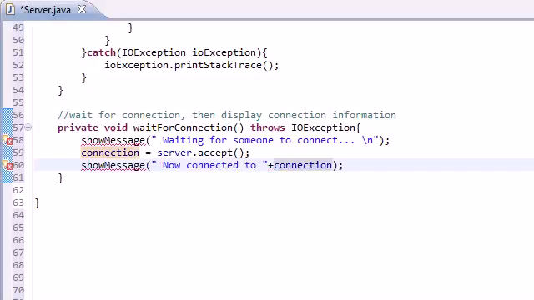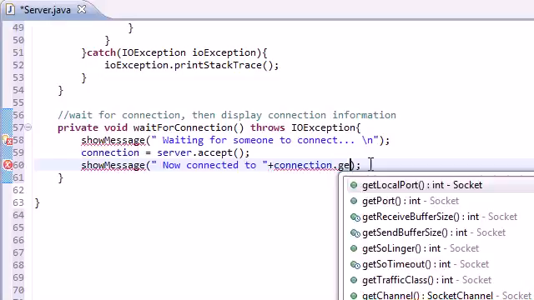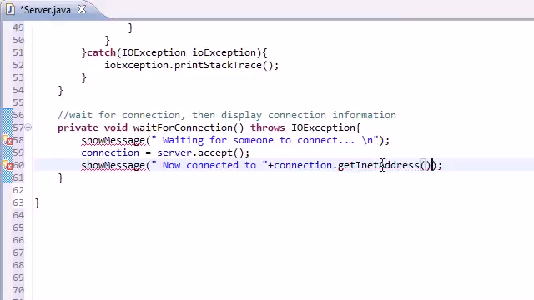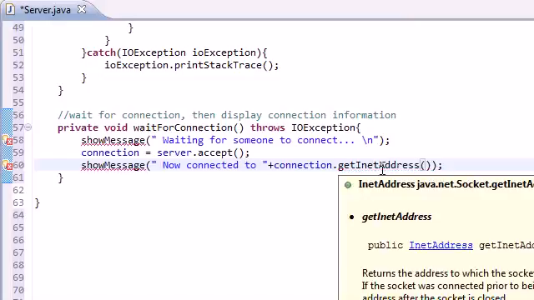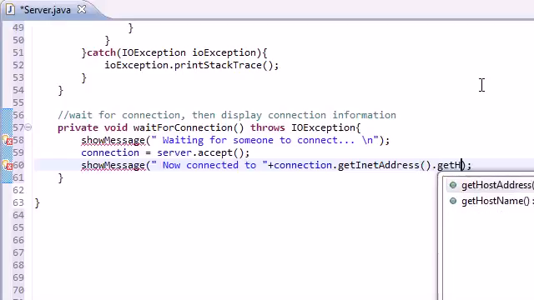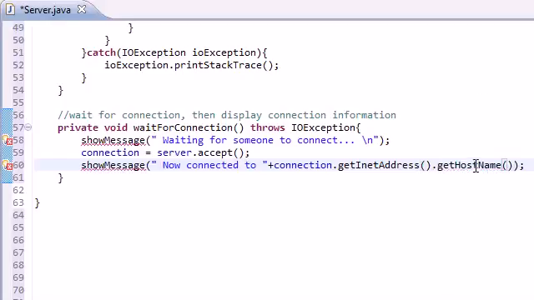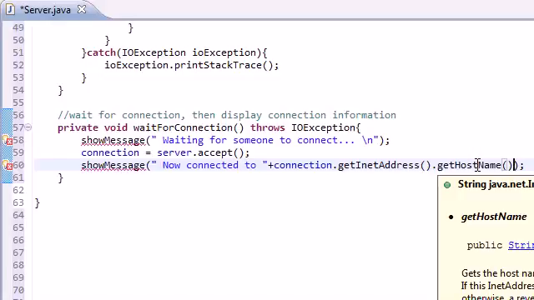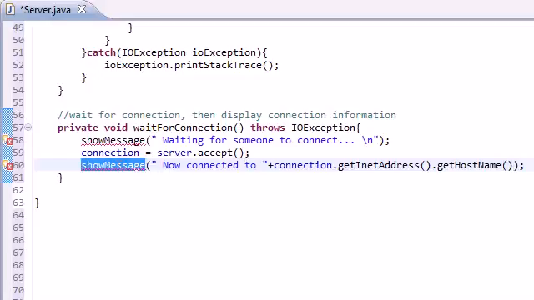connection, which is the socket itself, and there's a method that you can put on here called get inet address, and what this does is it pretty much returns the address where the socket is connected. Basically, it returns your address if I'm connected to you. And the last method, called get host name, is the host name, pretty much the IP address, but it actually converts it to a string, as you can see, because show message is only going to be able to accept strings. So, if your IP address is